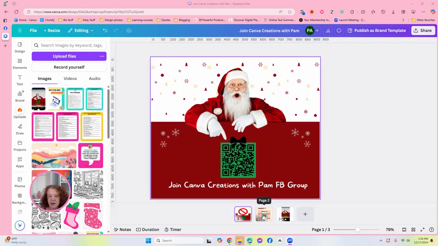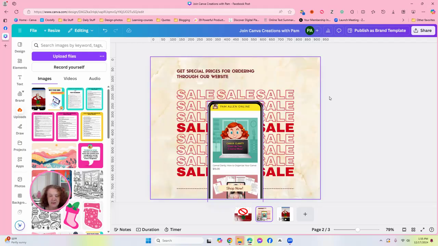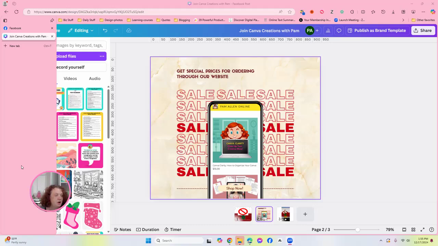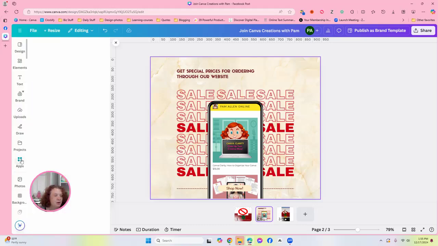Okay, so let's go ahead and create one for this. Super easy. I'm not going to design any of that, I was just going to show you. So what if I want them to go to my shop instead of the Facebook group, right? So I'm going to go up here and I'm going to go to apps,